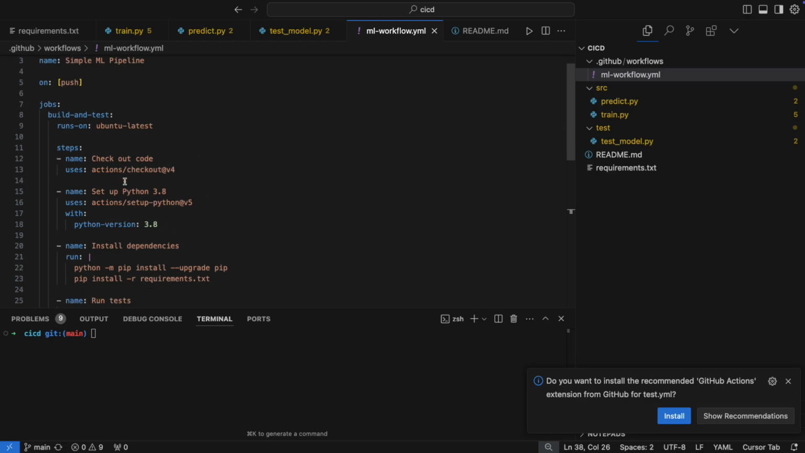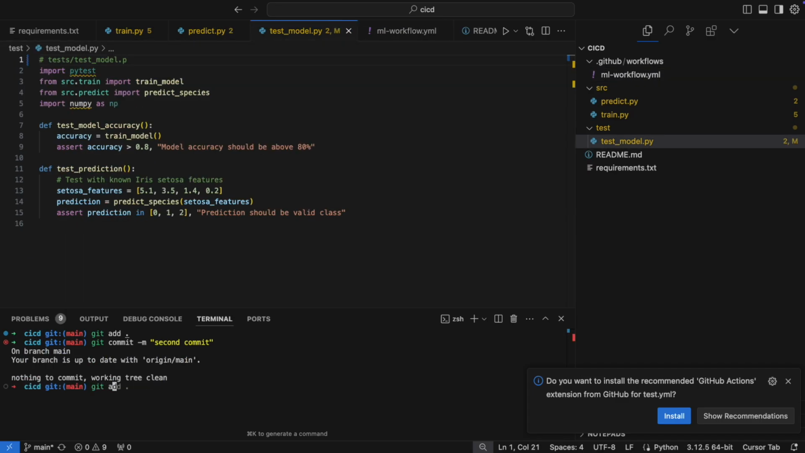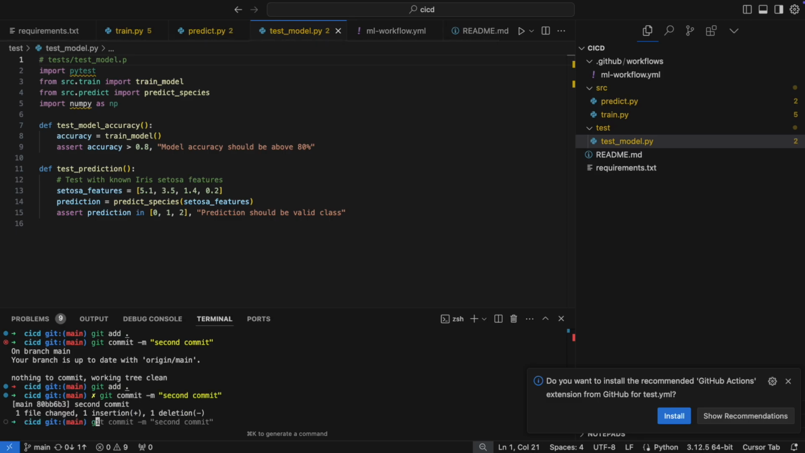So once this is set, all you need to do is trigger the workflow. For that, I will just git add everything. Then I will commit, and I'll give the commit the name second commit. Git add, git commit, git push origin main. And as soon as I push this,